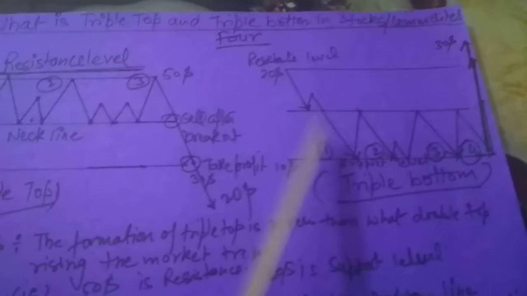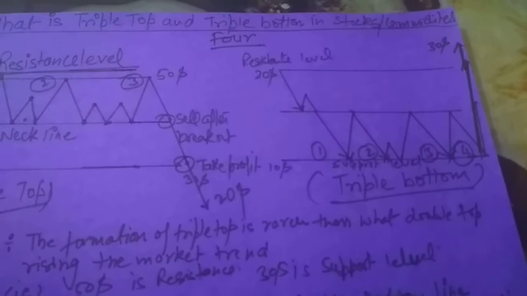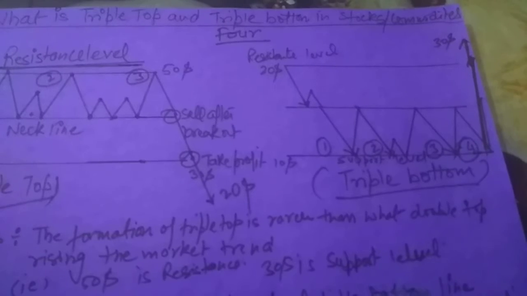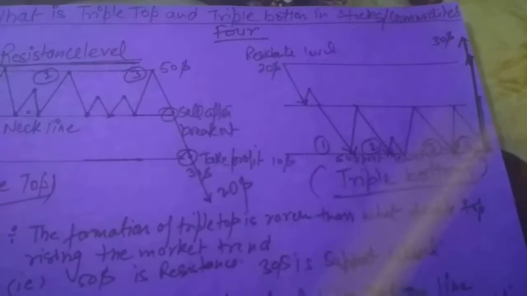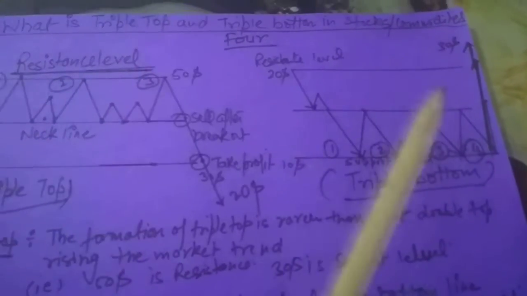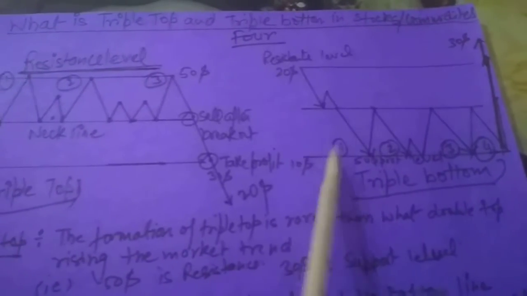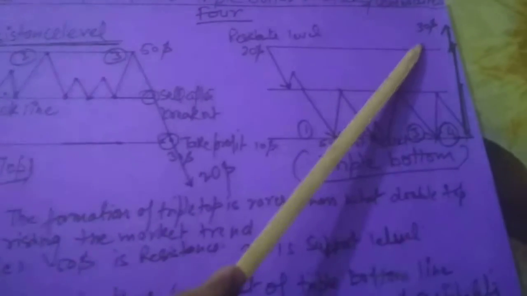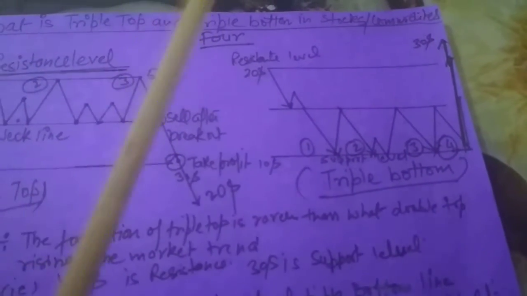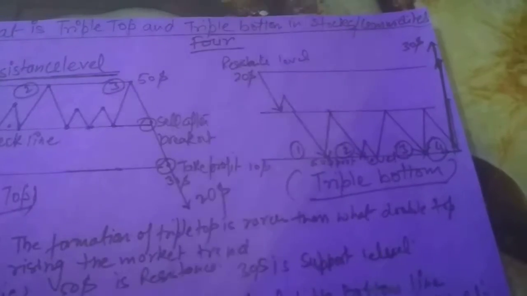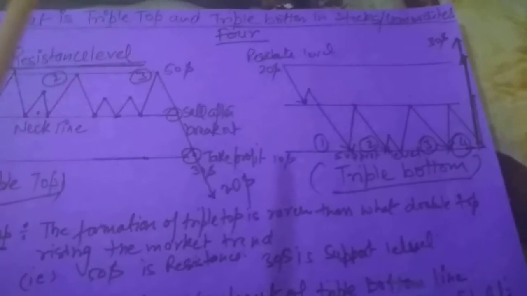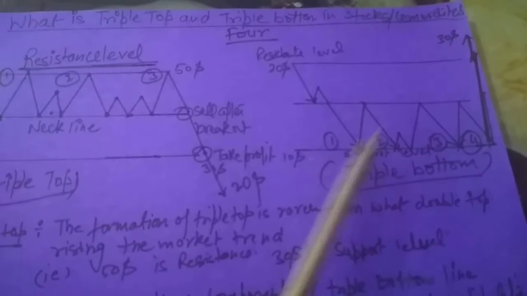Okay, suppose some stock or commodity price is $20 and it can retrace up to $10, $15 and can go down to $10, and it can touch $10 three, four or five times and then jump up to $30. That is the sign that it can make the double bottom, triple bottom and fourth bottom. That is a good sign for stocks, commodities and mutual funds also.